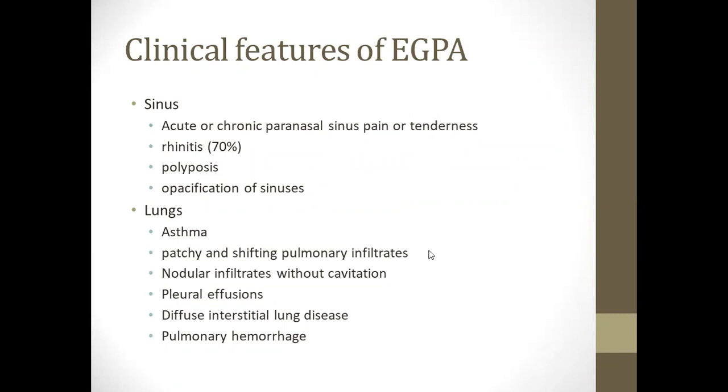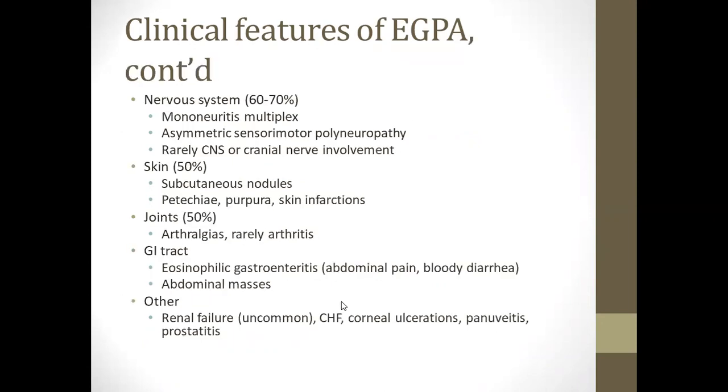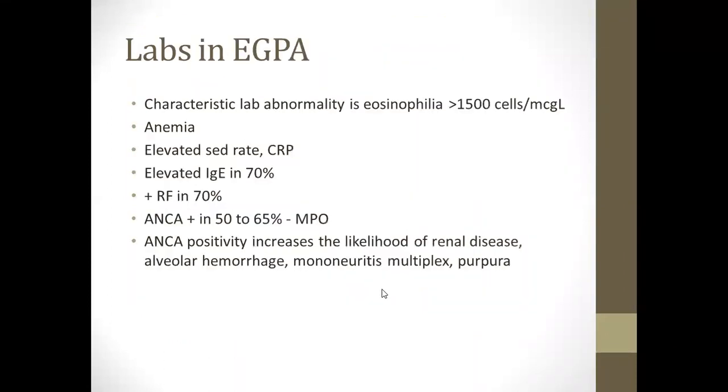They can have shifting pulmonary infiltrates that come and go. They can have nodular infiltrates without cavitation, pleural effusions, interstitial lung disease, pulmonary hemorrhage, the neurologic manifestations, rarely CNS or cranial, subcutaneous nodules, purpura, skin infarctions, the joint component, eosinophilic gastroenteritis with bloody diarrhea, abdominal masses, and even the eye involvement as well with corneal ulcerations and uveitis, prostatitis. So a lot of things that can be affected by EGPA, not as commonly as what you see with the